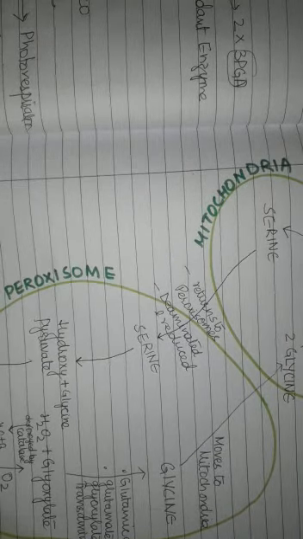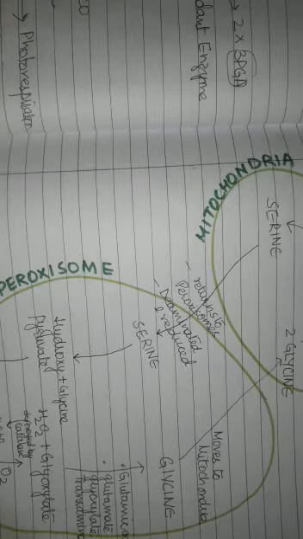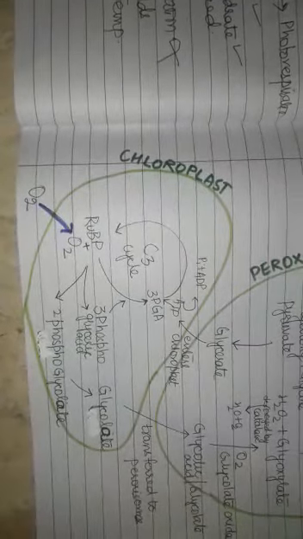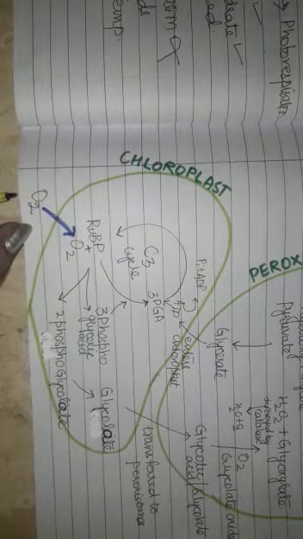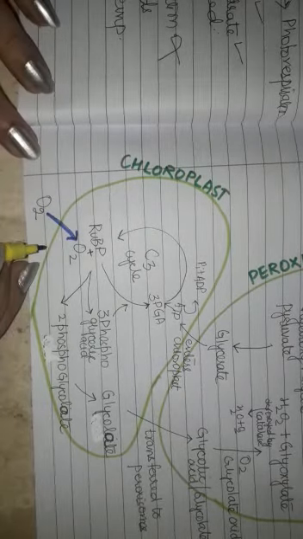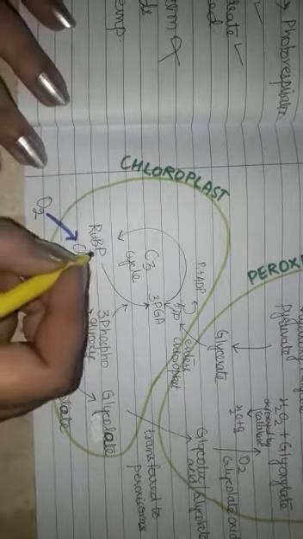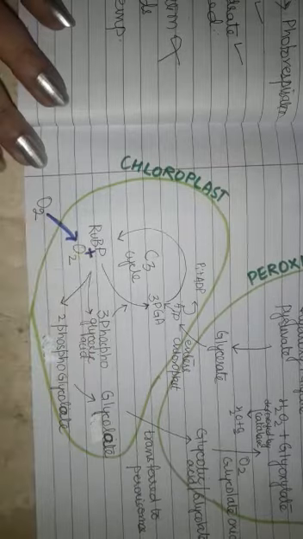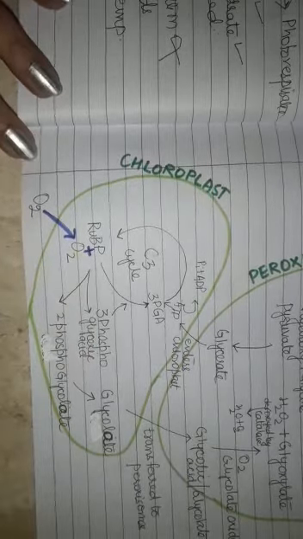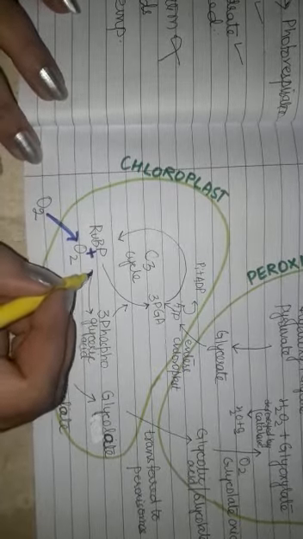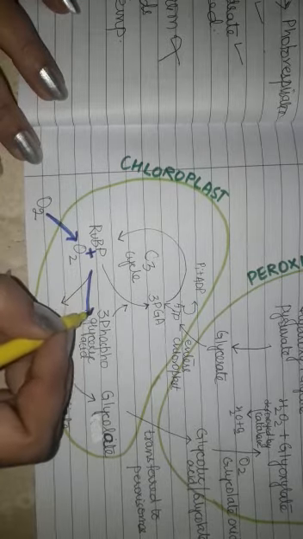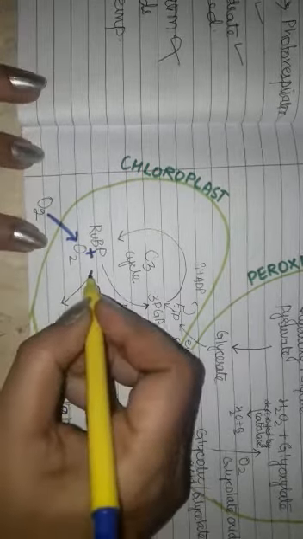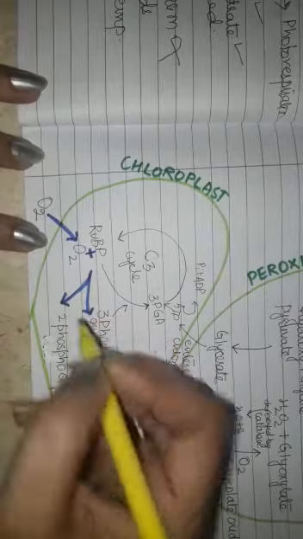Oxygen, when its concentration is high, enters the chloroplast. It combines with ribulose bisphosphate, and this results in the formation of 3-phosphoglyceric acid and